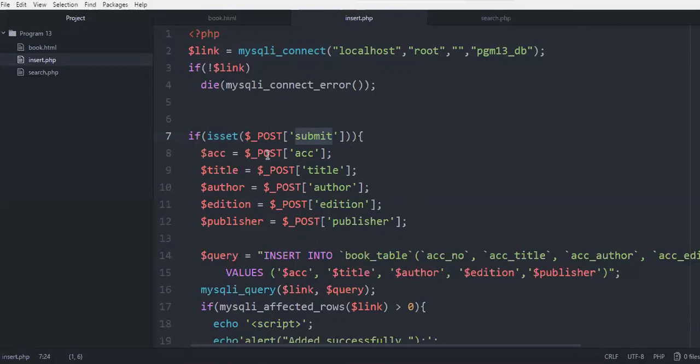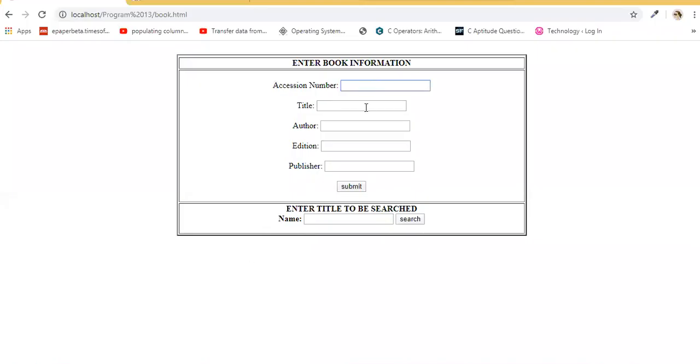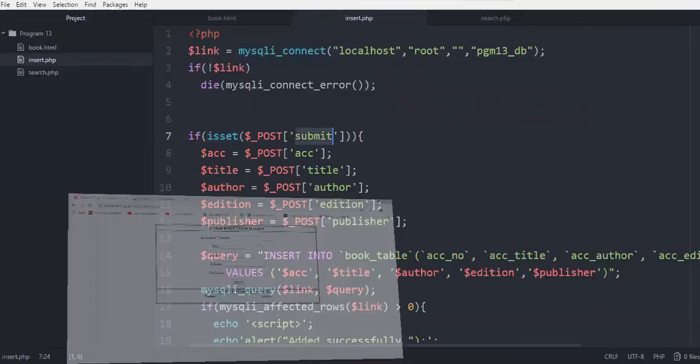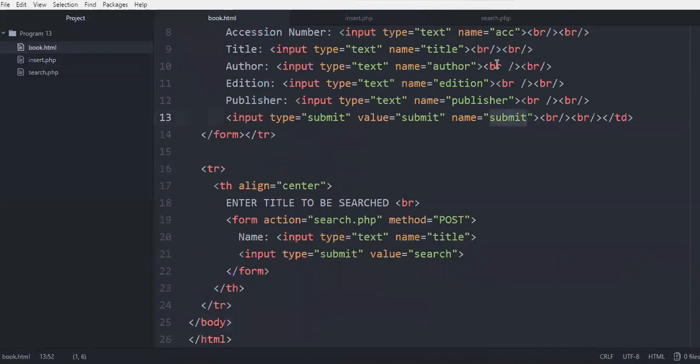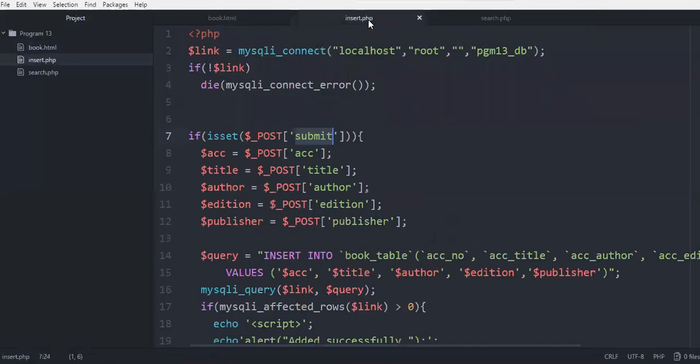Then now we have to store the values that the user enters in these particular text boxes. So that value comes from here. These are the names given to the values.